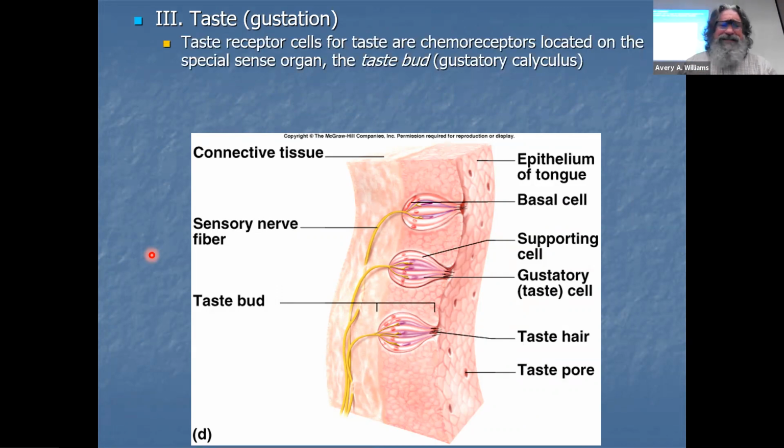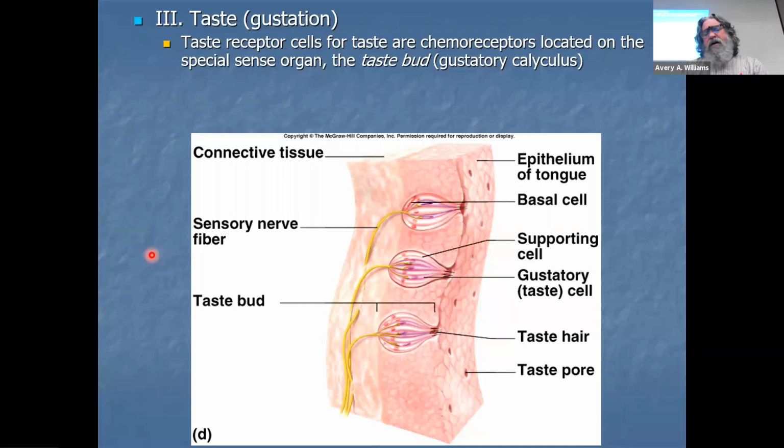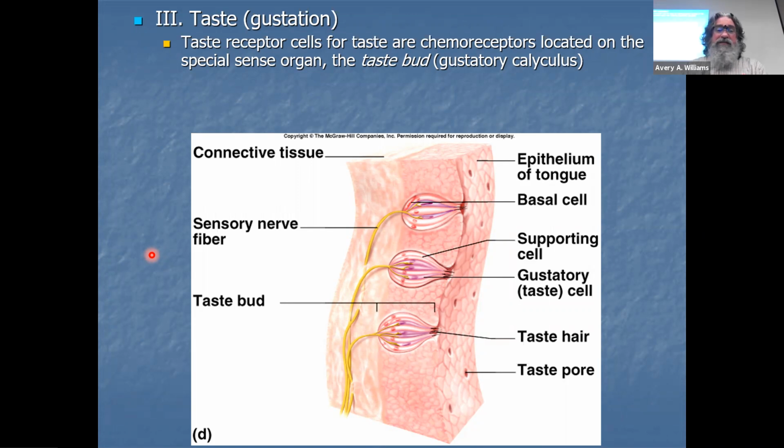Remember, taste or gustation is one of those chemosensory things. It's a lot like smell. Remember, you're detecting chemicals, and the sensory structures in the cells are pretty much the same, except these in turn are in your oral cavity as opposed to your nasal cavity. Okay, so here I tell you the taste receptor cells for taste are chemoreceptors located in the special sense organ,